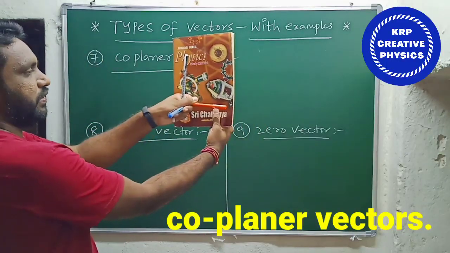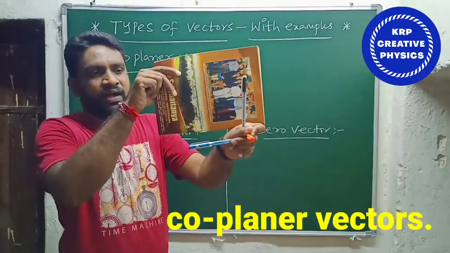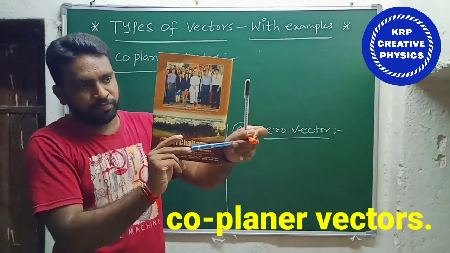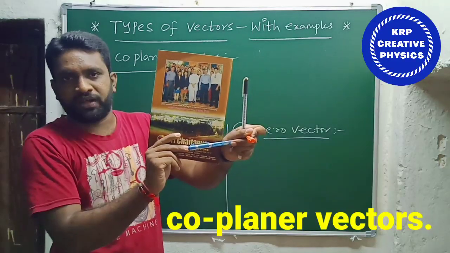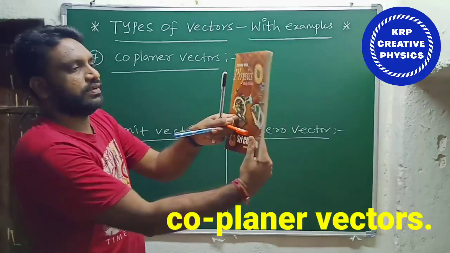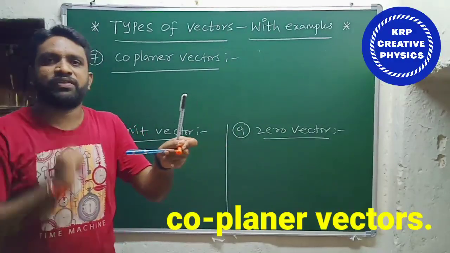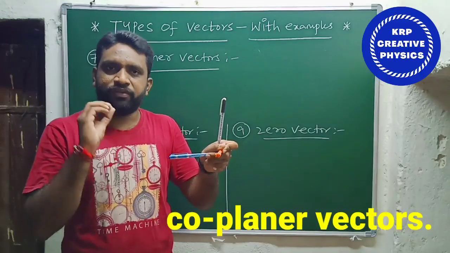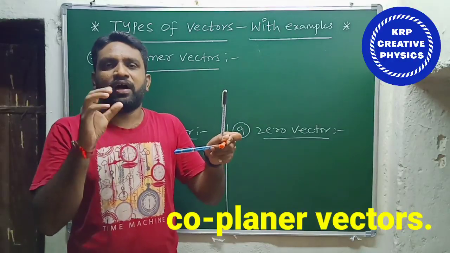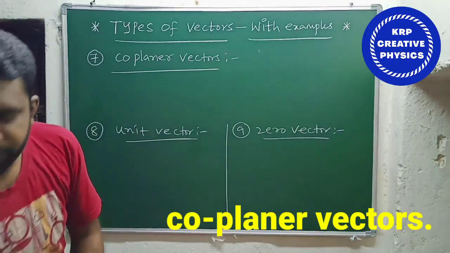Try to observe here. And at the same time, blue and black also are lying in the same plane. So in this case, black and blue are lying in the same plane, which means they are said to be coplanar vectors. In this case, orange and blue are coplanar vectors. In this case, black and orange are coplanar vectors. So from this example, you need to understand one thing: if you consider any two vectors, definitely they should be lying in the same plane. So any two vectors are always coplanar vectors. That is what you should remember. I think you understand very clearly.